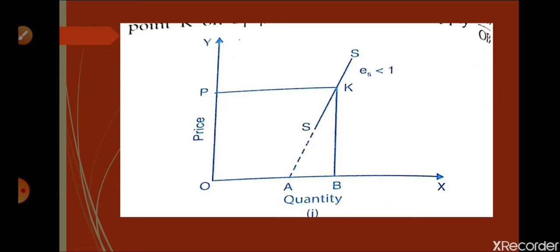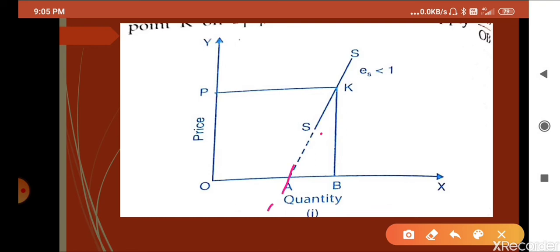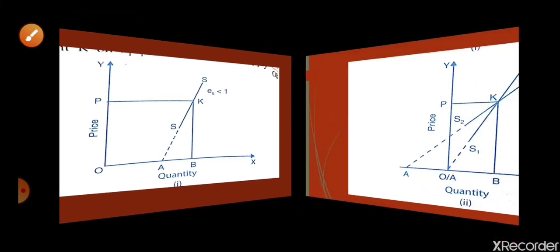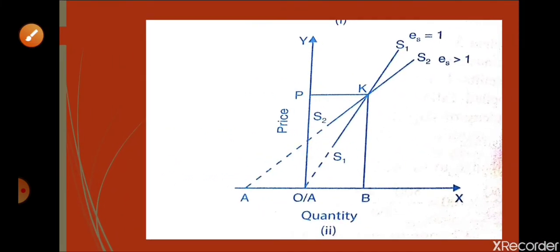So we have already found that on the x-axis and y-axis, if the quantity supplied is on the x-axis, then it will be less than 1, and if it is on the y-axis, it will be more than 1. So you can see here that in this graph, it is being plotted on the x-axis. So ES is less than 1, and if it is plotted on this one, next we can go through. If it is plotted on the y-axis,